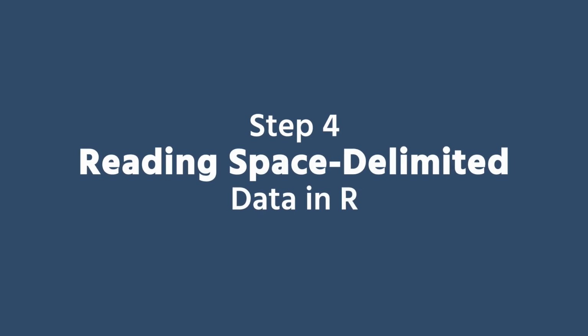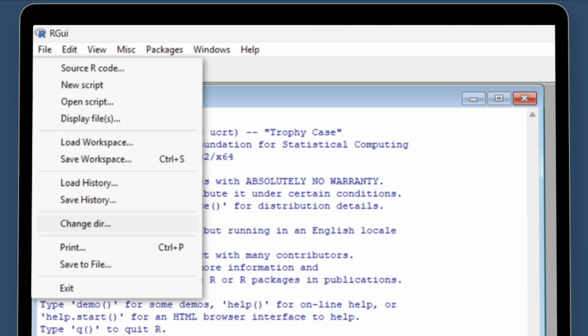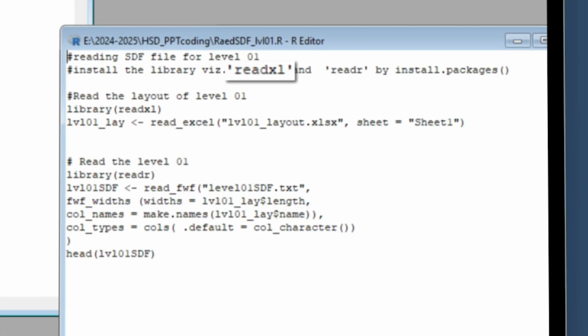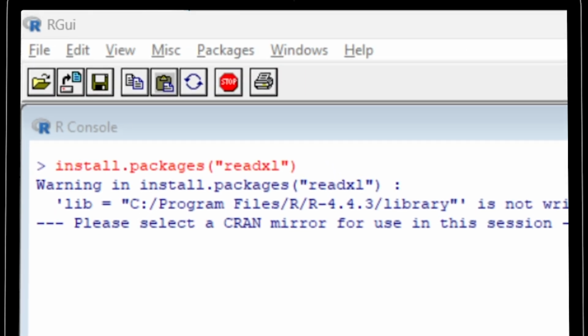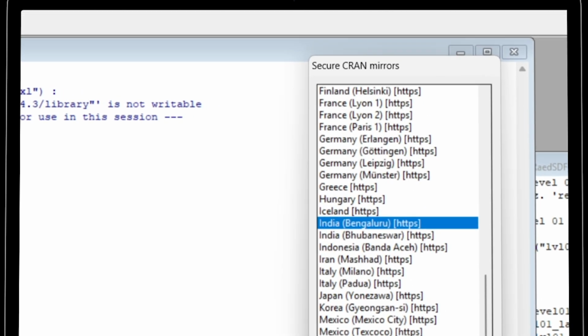Step 4. Reading space delimited data in R. Since SDF doesn't have explicit delimiters, we need to specify the length for each variable to segregate them into different columns. For doing this, we rely on the readxl and readr libraries in R. First, install the necessary packages using install.packages readxl and install.packages readr.